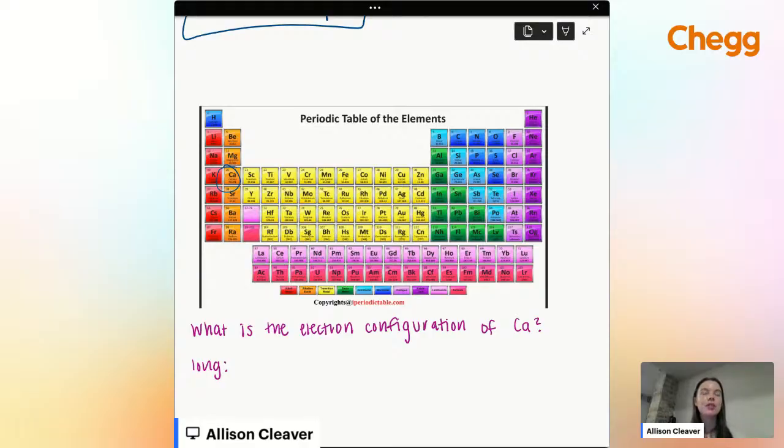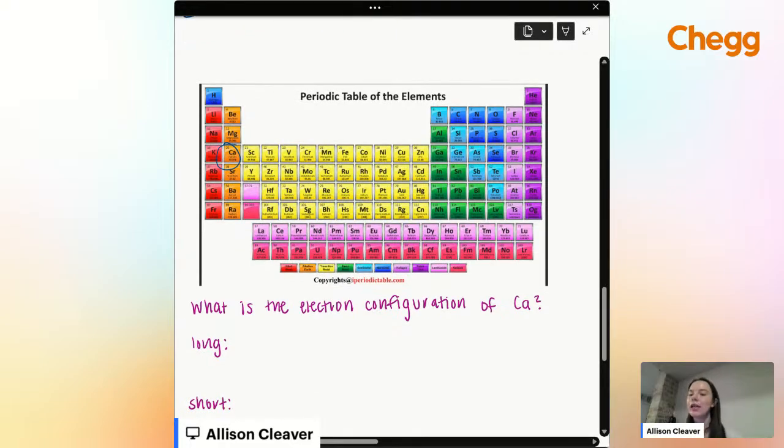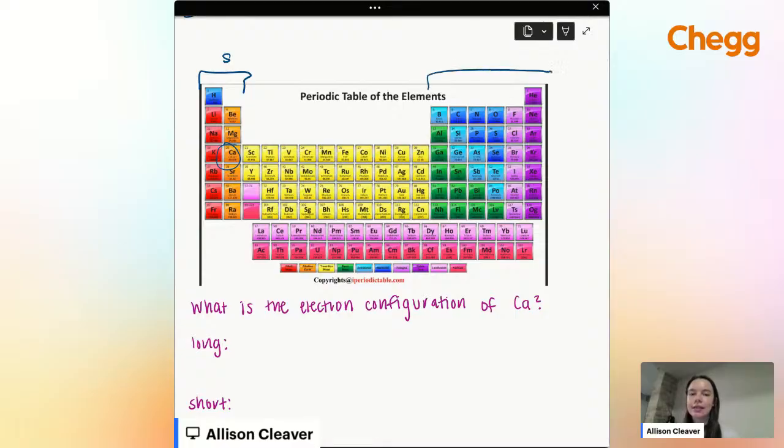SP orbitals are entailed in this. We'll kind of touch on that. So keep following along. We start with labeling this as S, this is P, this is D, and this as F. So hopefully everyone remembered that from the last time. And then we want to do the long configuration to start. We haven't touched on short configuration yet, but we will.